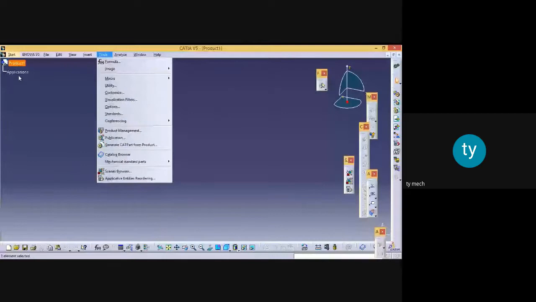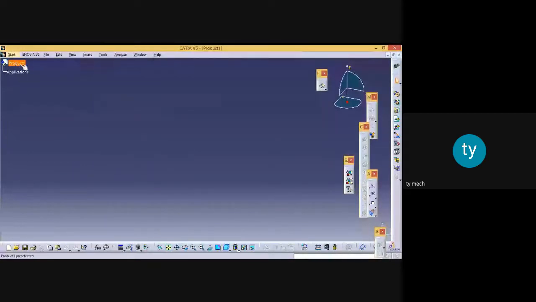And here there is one more tab that is called product. So in CATIA software, what is the meaning of product? In CATIA software, product means assembly design. We are going to draw different components and we are going to join them.